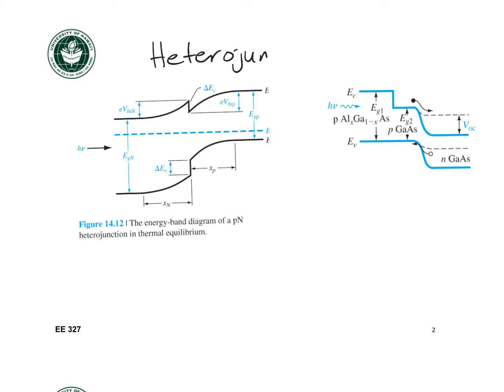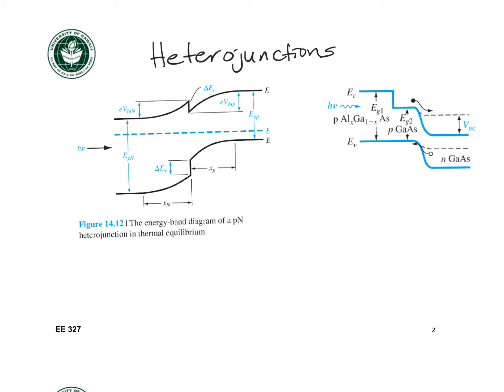And these are heterojunctions because the band gap energy of this type of p-n junction can be different. Up to now, we've assumed that the band gap stays constant throughout the p-n junction, but in heterojunctions, we no longer have this assumption. So, for example, in the band diagram on the left, that's labeled figure 0.412, the band gap of the n-type side of the p-n junction is greater than the band gap of the p-type side of